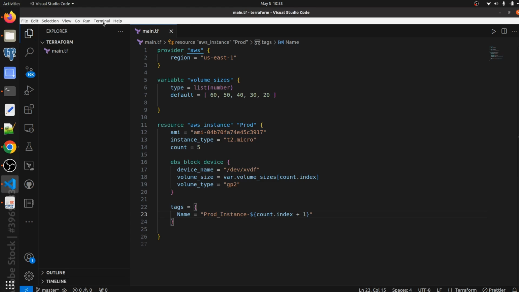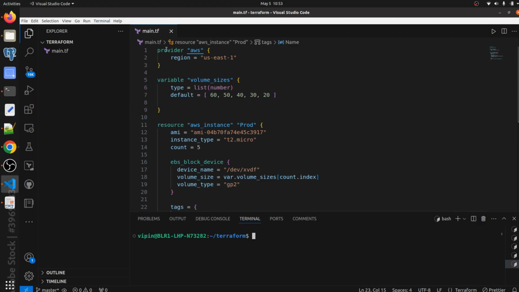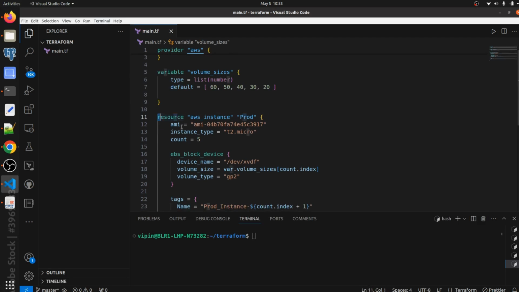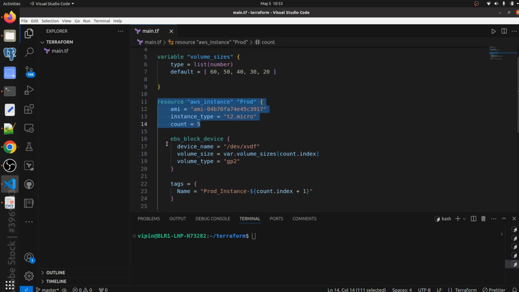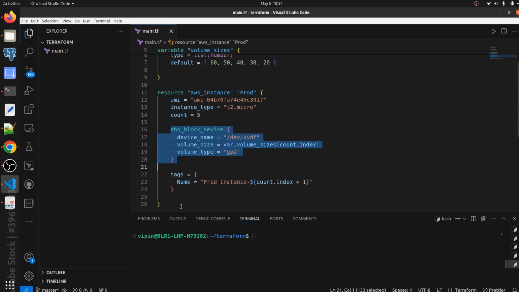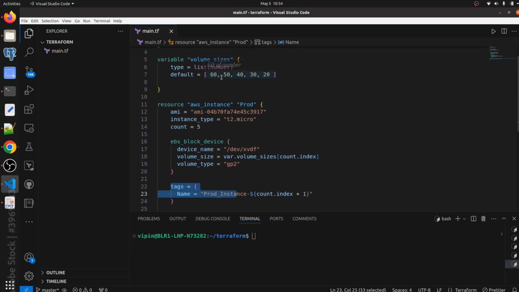Let me open the terminal here. So we have defined our provider, then our variable, then our resource with the count meta argument, then we have attached our EBS block device to the EC2 instances, and then we have used tags to create our EC2 instances with the correct names in sequence. So the first EC2 instance, named prod EC2 instance 1, will have 60 GB of storage, and the second one will have 50 GB of storage. So let's run